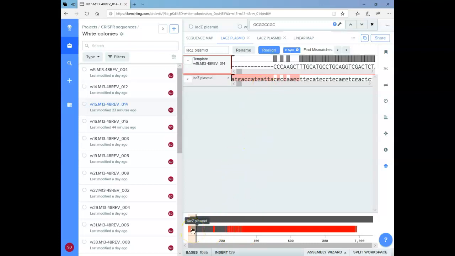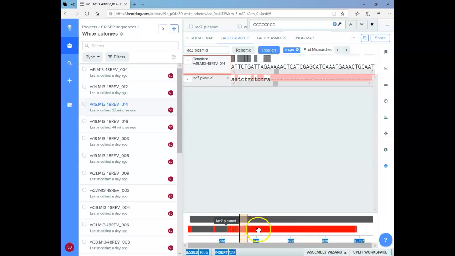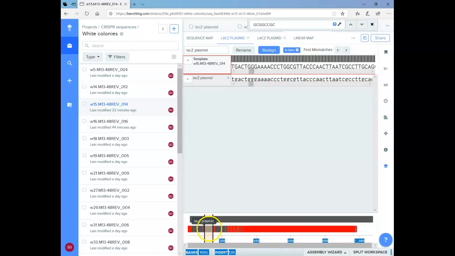It's very common to see mismatches at the ends of a sequence file, and also we expect to see lots of red after this, in this LAC-Z plasmid sequence, because it's not really the full plasmid sequence that I have here, it's just the LAC-Z gene alone. So the actual sequence is much shorter than the white colony sequence file, so that's why we see all this red at the end. So really we want to focus on this region